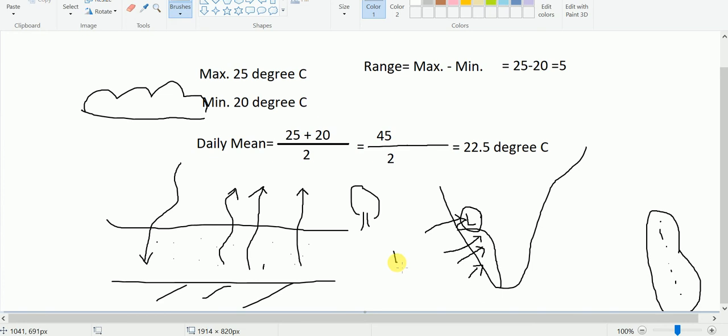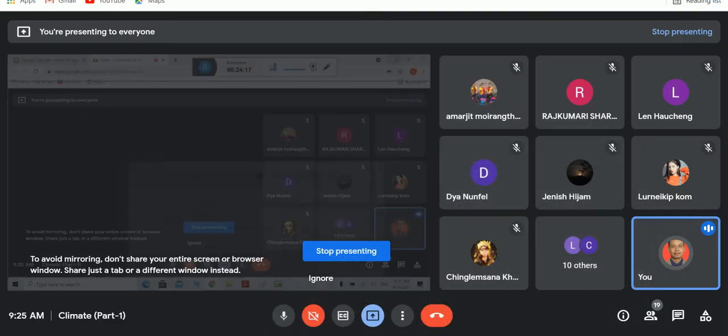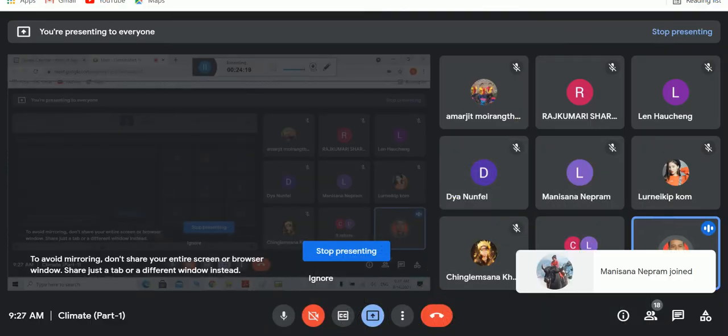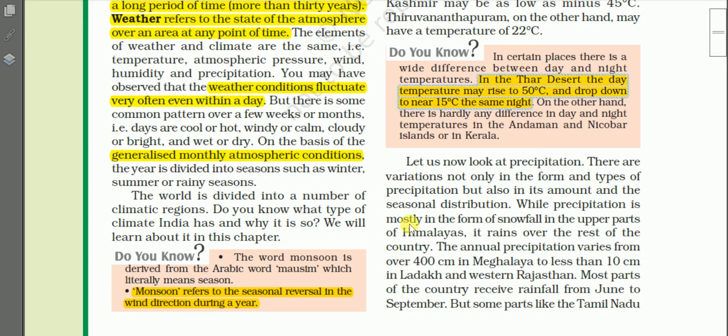And at night time, the sea water remains warm, and that is why you will find a low pressure here, and that is why wind will blow from the land towards the sea. That is known as land breezes. And due to the local winds like land breezes and sea breezes, temperature is moderated in the coastal areas, and that is why we find this low range of temperature.